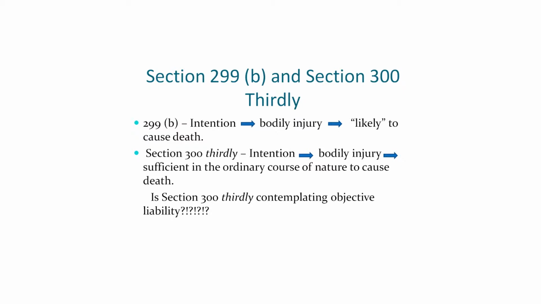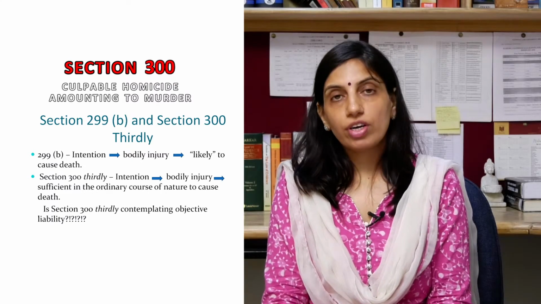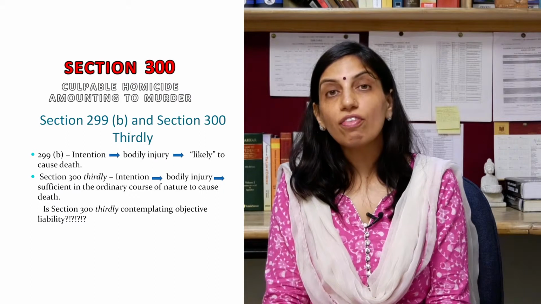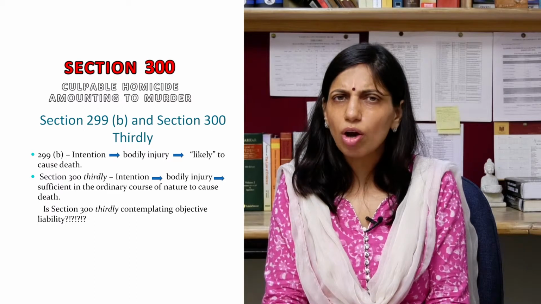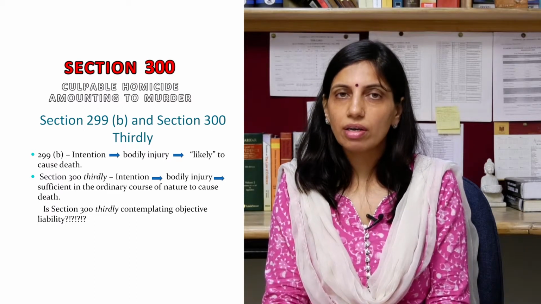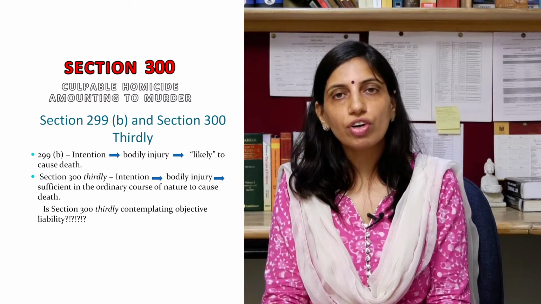299B, as I said, is intention to cause such bodily injury as is likely to cause death. Thirdly says, if it is done with the intention of causing bodily injury to any person and the bodily injury intended to be inflicted is sufficient in the ordinary course of nature to cause death. Now the words are very tricky. The moment you say sufficient in the ordinary course of nature to cause death, does it mean an objective liability? Does it mean that the inquiry is very objective,